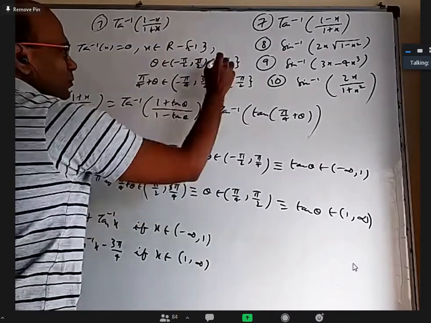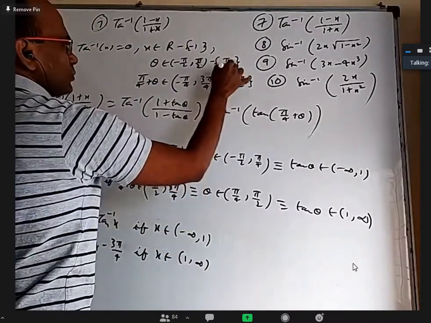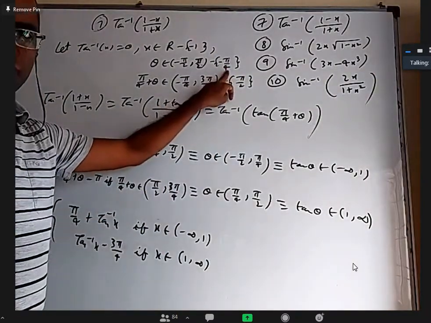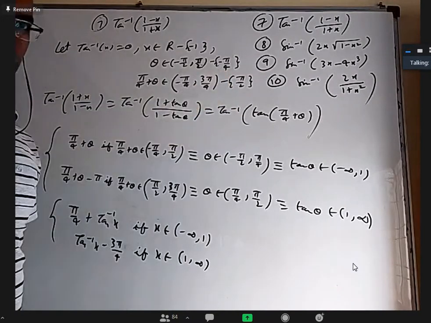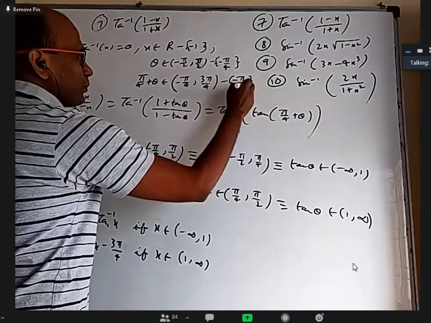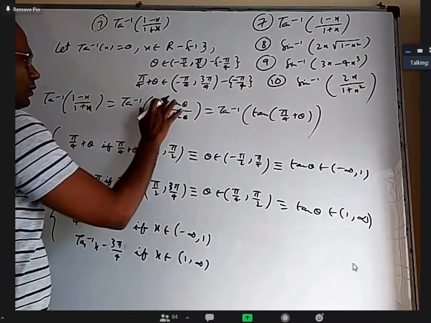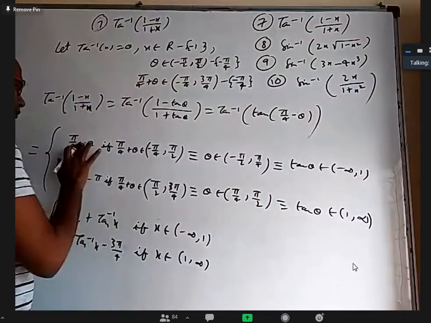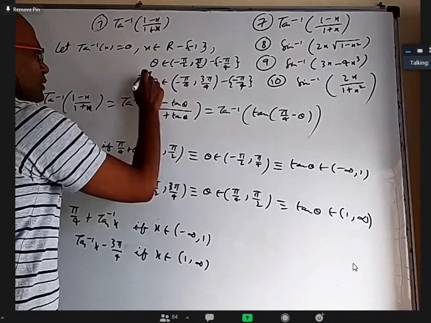This is all real numbers except -1. This is earlier pi by 4, no? Why did I write this? Minus pi by 4. Those who copied this earlier, I think you should have written pi by 4 here, in the 6th one solution. I might have written pi by 2 by mistake. Then 2 theta is this only except minus pi by 4. This is 1 minus x by 1 plus x, which is 1 minus tan theta by 1 plus tan theta, which is tan of pi by 4 minus theta, and pi by 4 minus theta also will belong to the same interval.